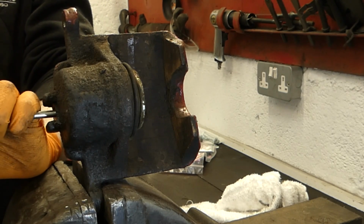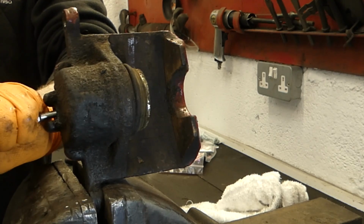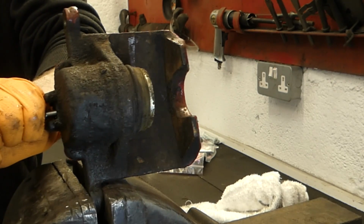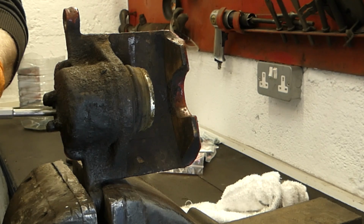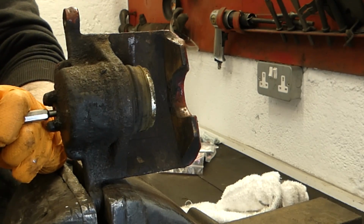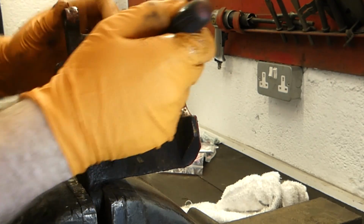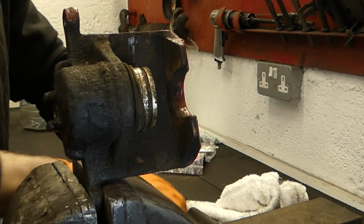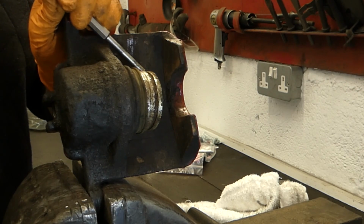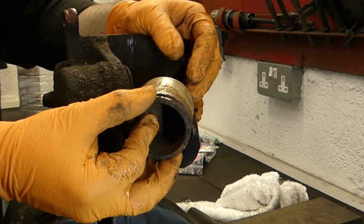It's starting to move there now, so that's all good. Just got to be careful with this one that you don't damage any of the threads when you're hitting it through. Okay, let's have a look and see. And there we have